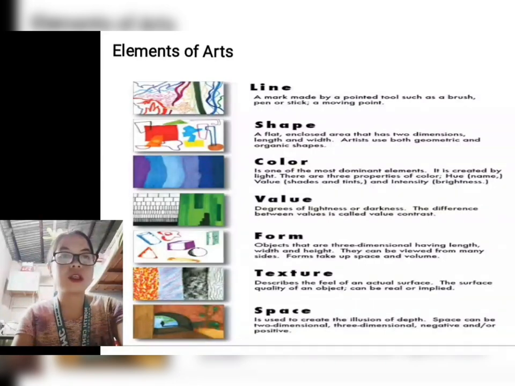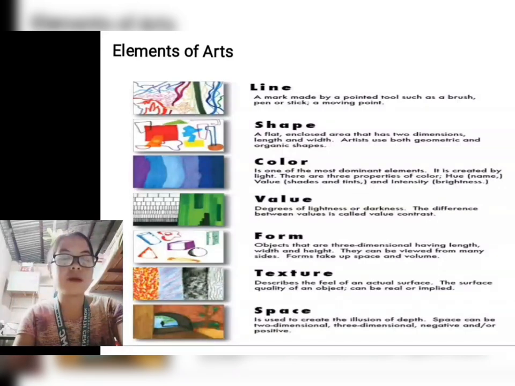Color is one of the most dominant elements. It is created by light. There are three properties of color: name, value, shades, and tints, and the intensity, brightness. Value is the degree of lightness or darkness. The difference between values is called value contrast. Then form,